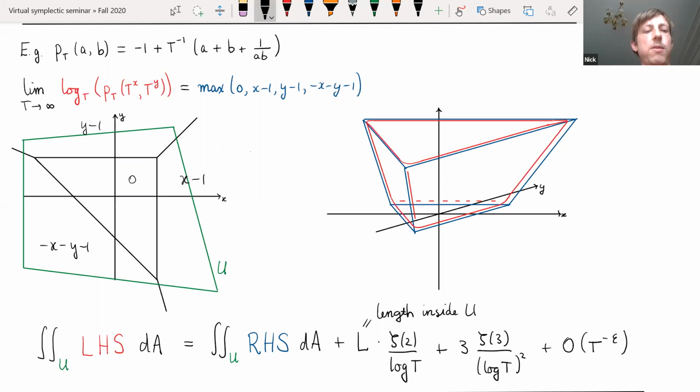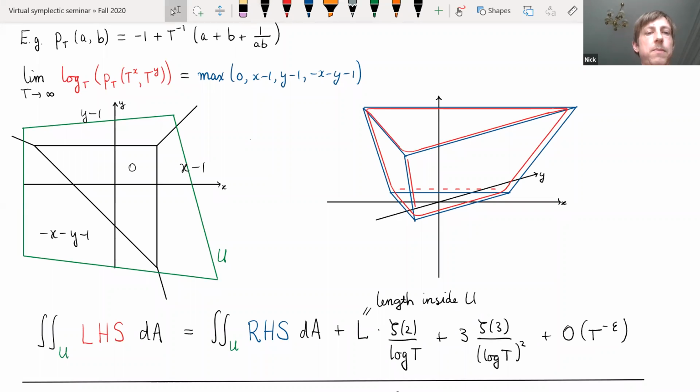We've got 0 in the central triangle, x minus 1, y minus 1, minus x minus y minus 1. And on the right is a 3-dimensional picture where the blue is the graph of the piecewise linear function. The red is the log of the polynomial. And if we try to estimate the integral of these 2 functions over some bounded domain U, as I've drawn,